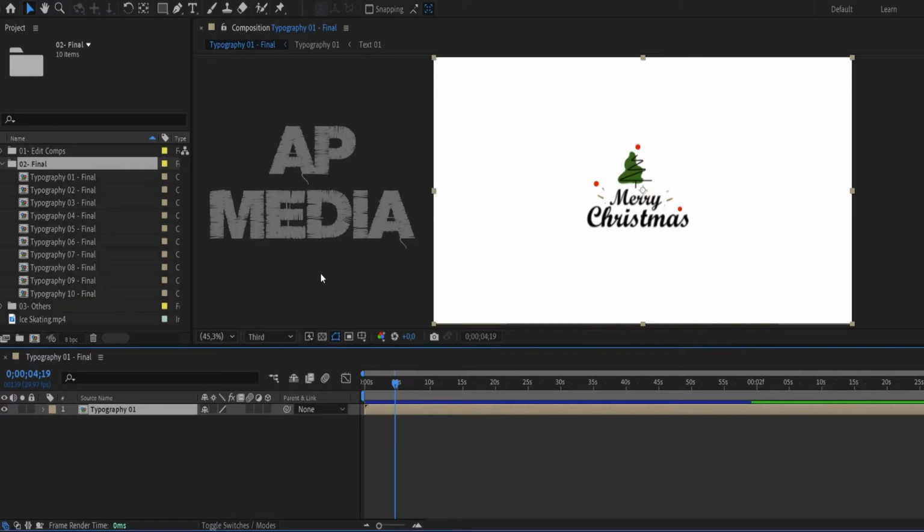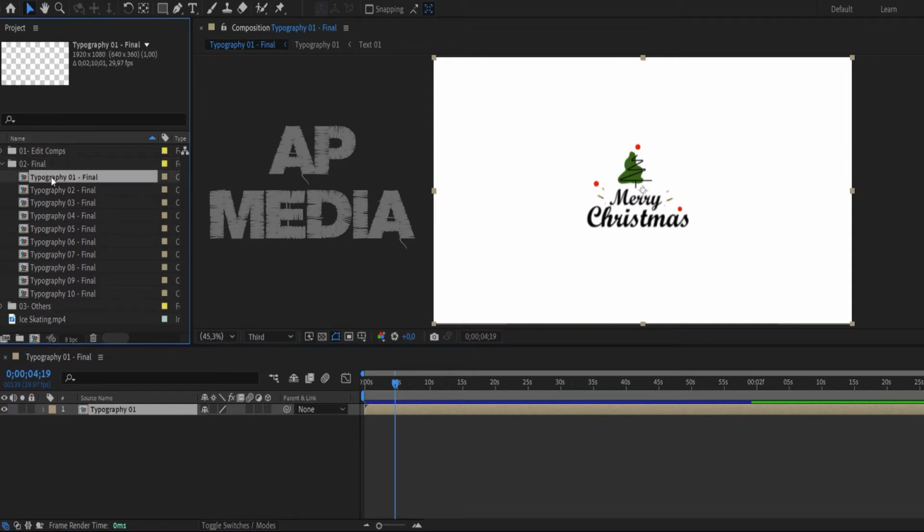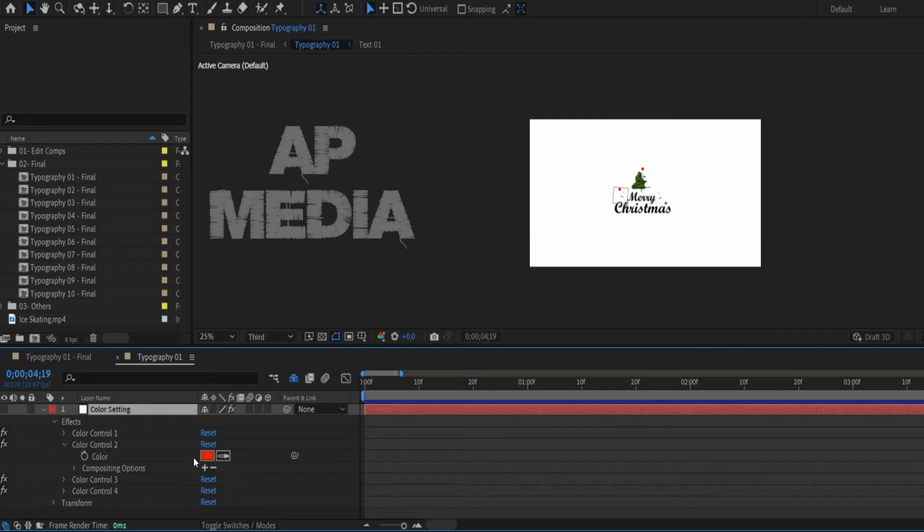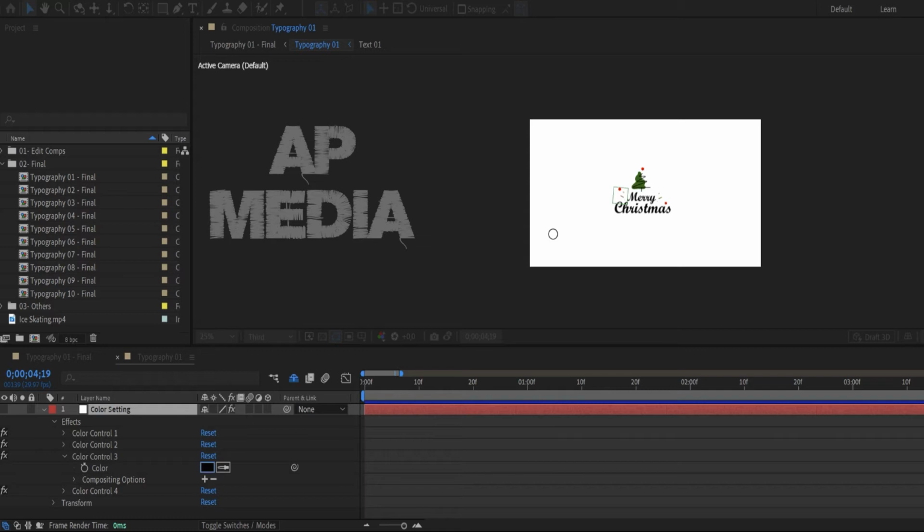So let's start. It's really simple to do, just press 2 times on this one for example, and then you can press here 2 times, and here you can see color settings. So here you can change the colors of 3 of those bubbles, and here are those colors, and also you can change the text color. So I will change the text color to white,